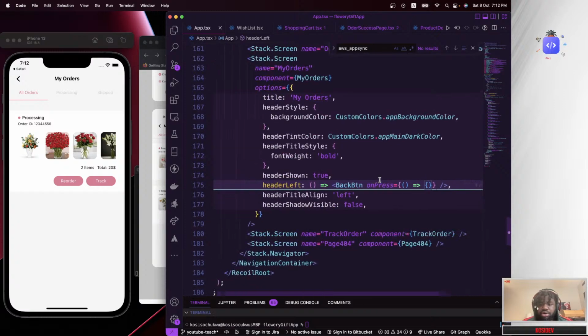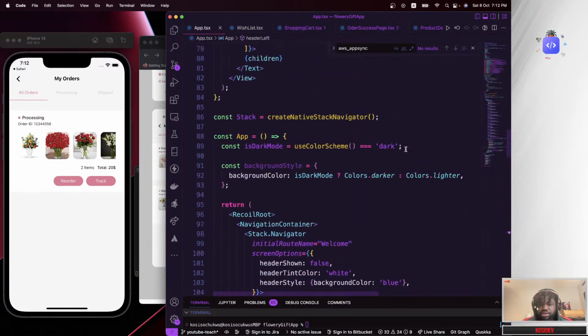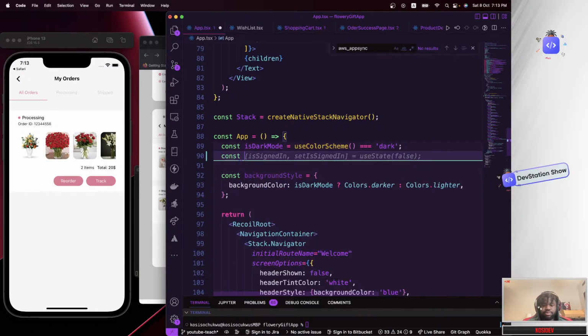So I'm going to call the navigation utility right in here. I'm going to say const navigation equals useNavigation.